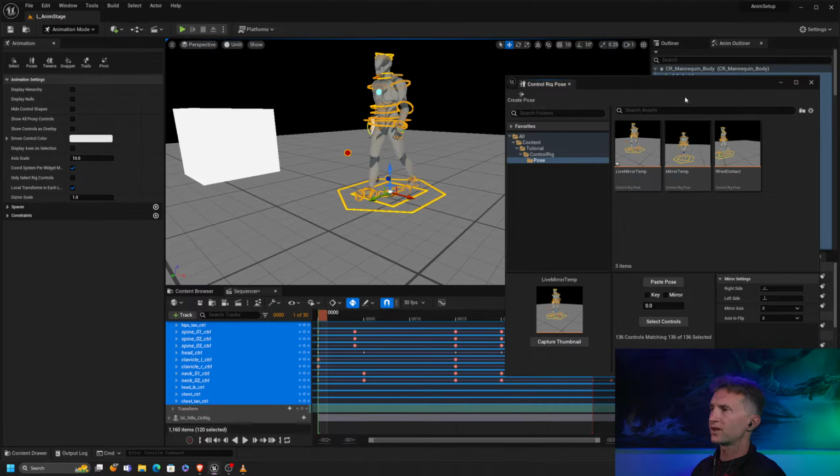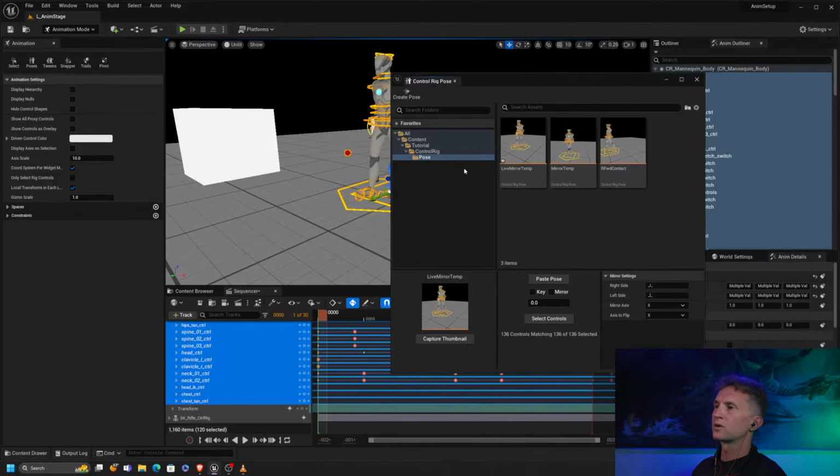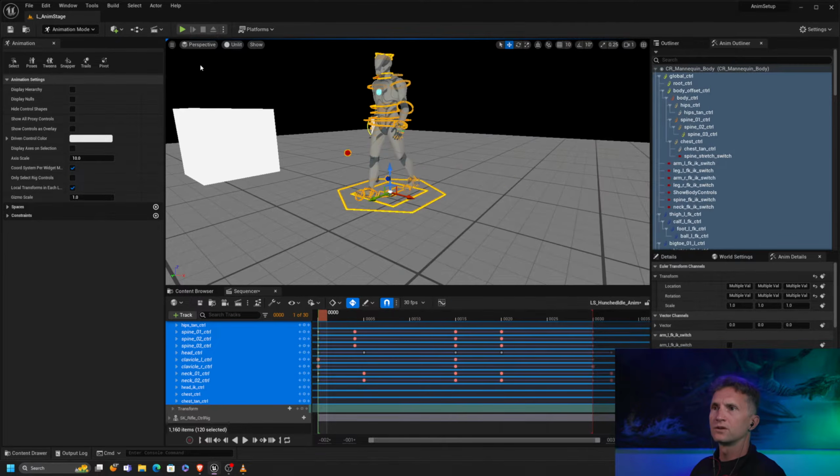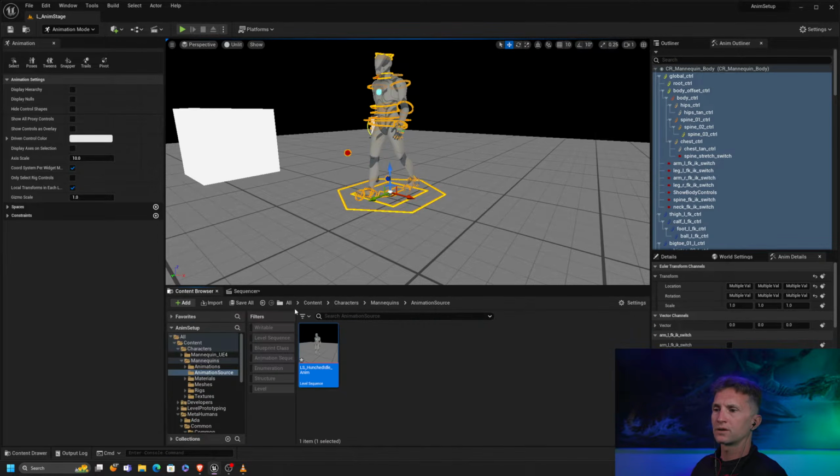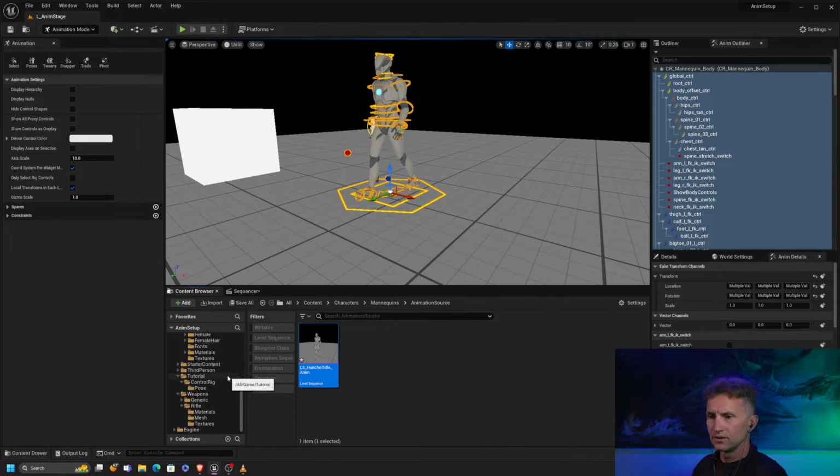Now the reason for this asset is that we are going to be reusing it. Basically, every time we click this button, it's going to overwrite this asset and then use it again. So we just need it as a temp. That's why I called it temp. And then what we're going to do in our picker is create a